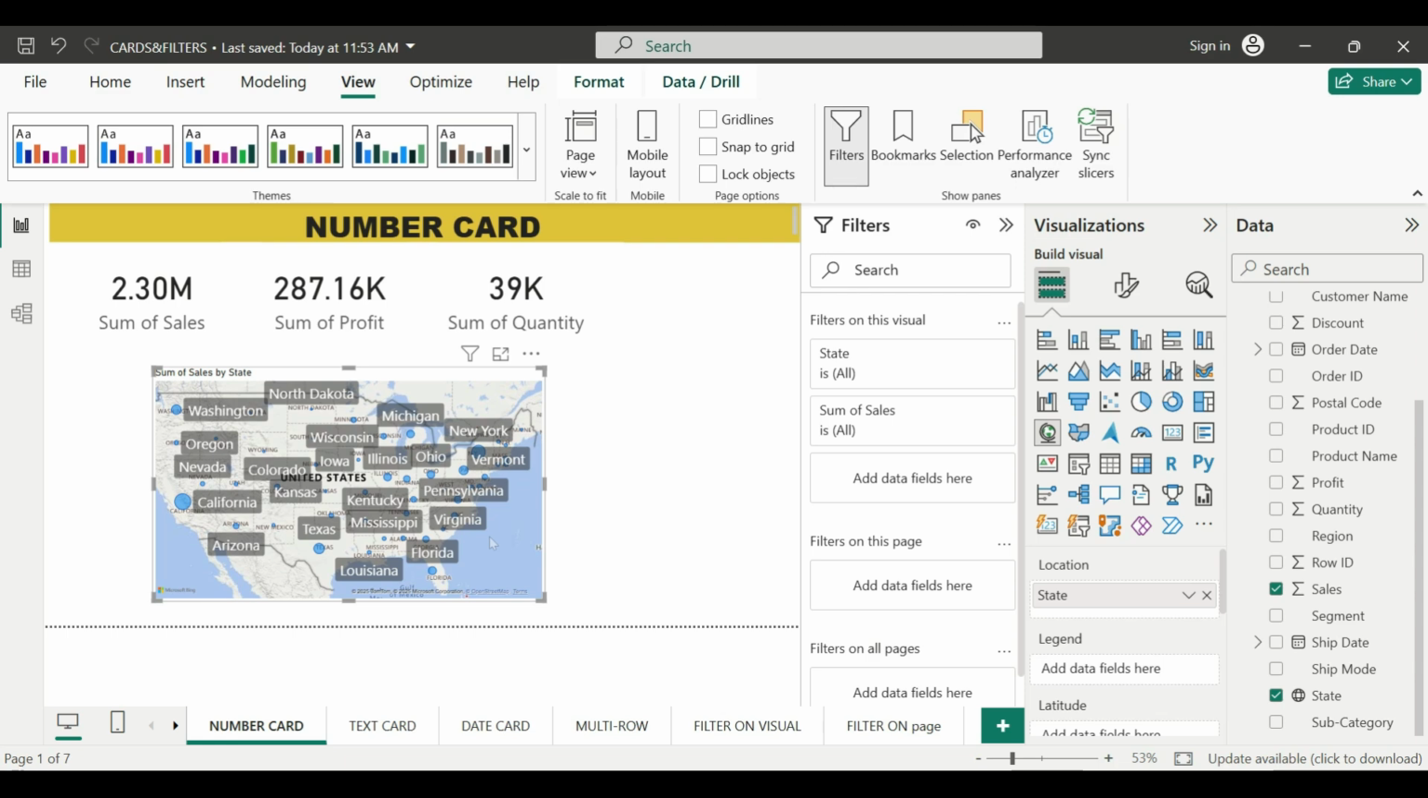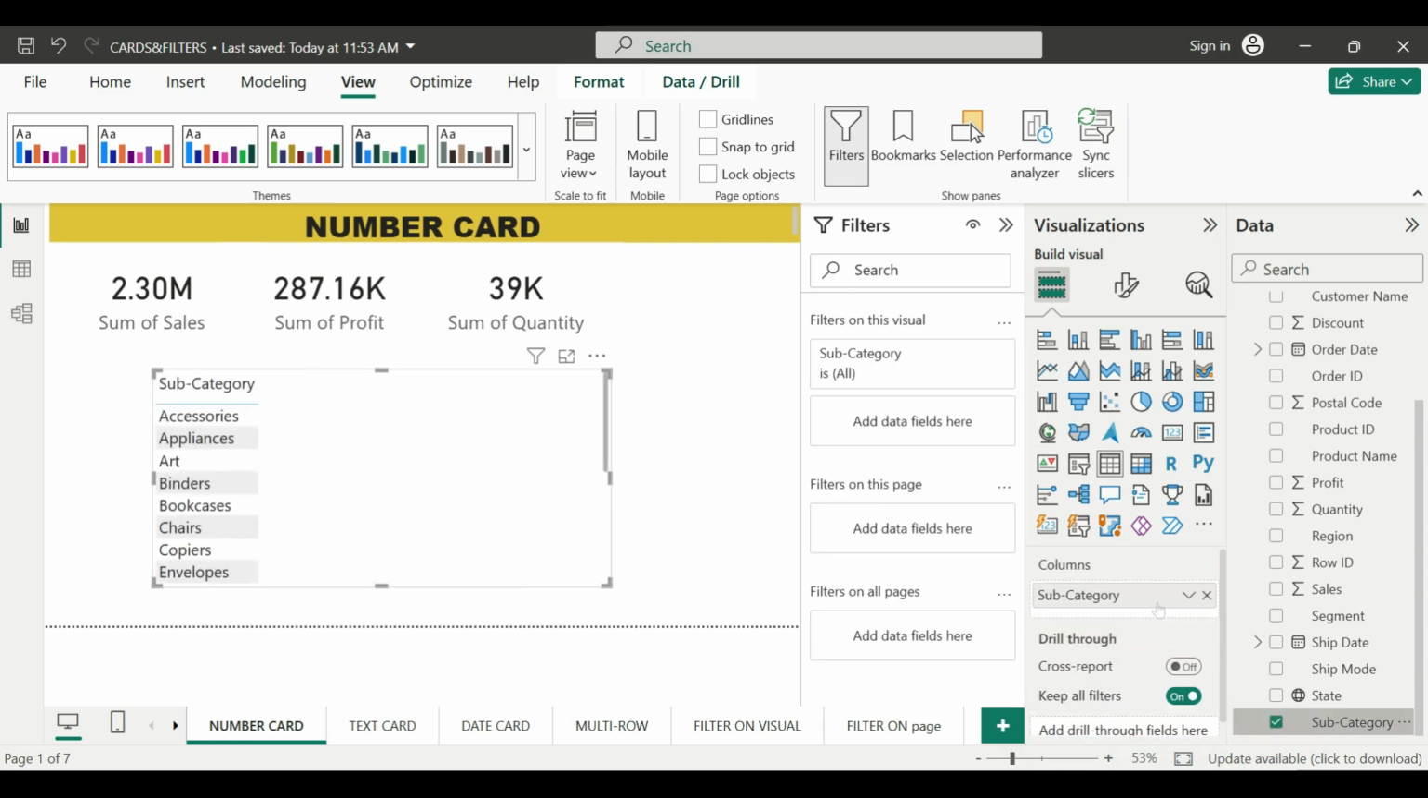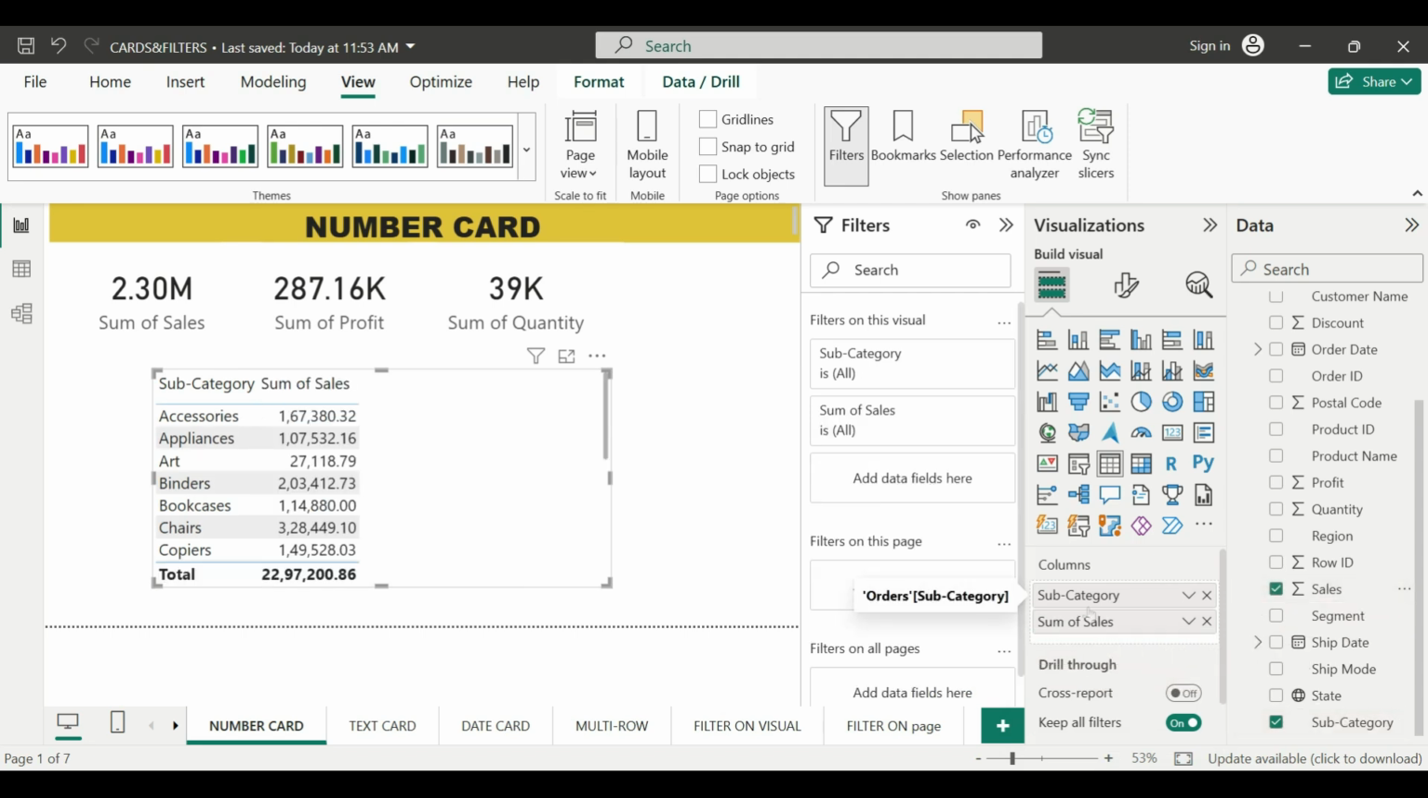But it's very simple and easy to use this card option. Not only map, you can create any chart. So let's say I'll create a table here. So I'll drag subcategory and I'll drag sales. So suppose if I click on accessories, one subcategory, you can see the values will change in card. Okay, so I click on this accessories, which is